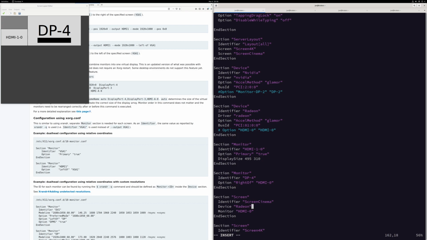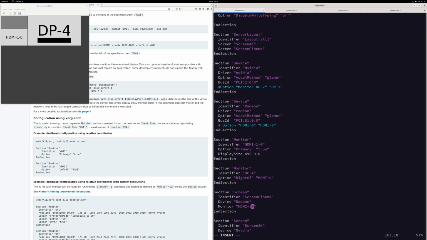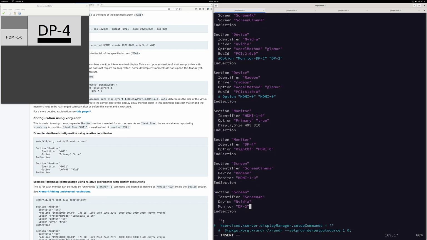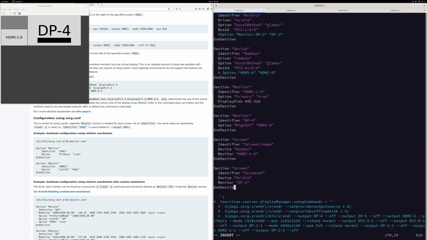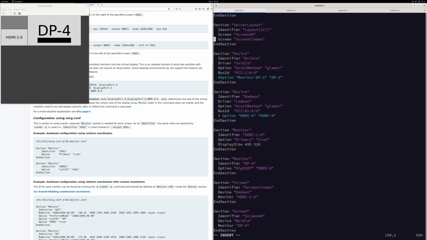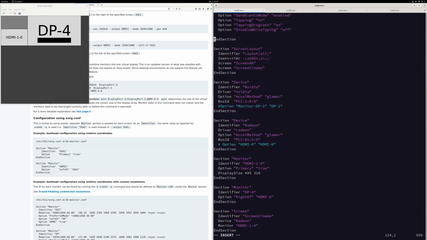Okay, so I think I'm going to have to also change the identifier here and change the identifier here. To be honest, I haven't completely understood exactly what does what here, but I think this should work. And I'm actually not using this, what looks like an aliasing option here. I've commented that out a while back. Okay, so there's